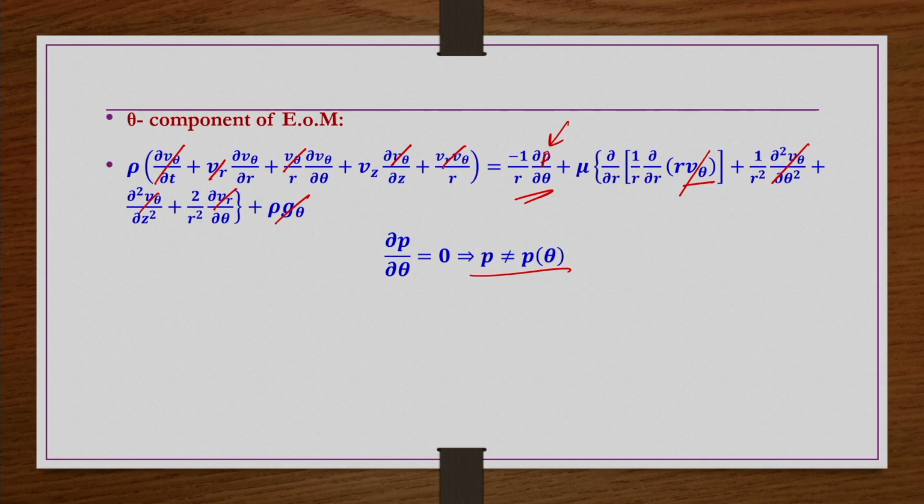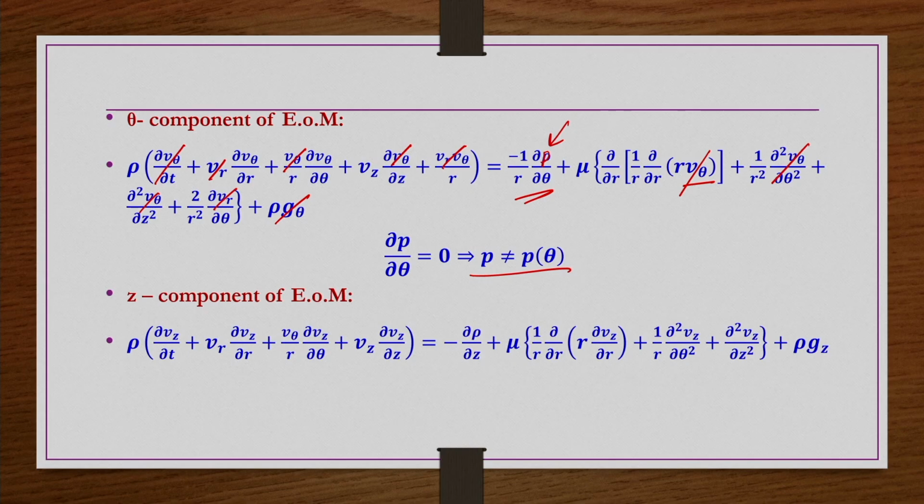It is the same problem we are revisiting for a Newtonian case. This is exactly the same problem we have done for the power law and Bingham plastic fluids previously. So, the z component of the equation of motion is given here. Steady state, so this is 0. Vr is not there, V theta is not there, Vz is not a function of z, or fully developed flow, so this is 0. The pressure gradient dou p by dou z in general we do not know, so let us keep it as it is.